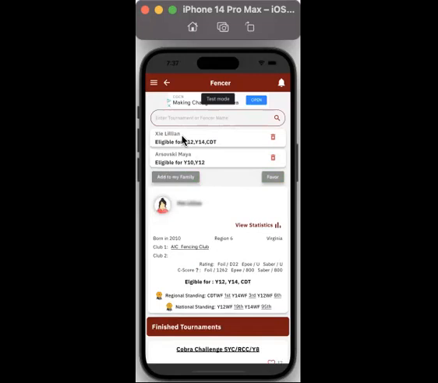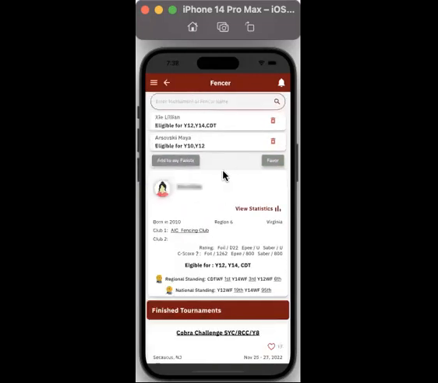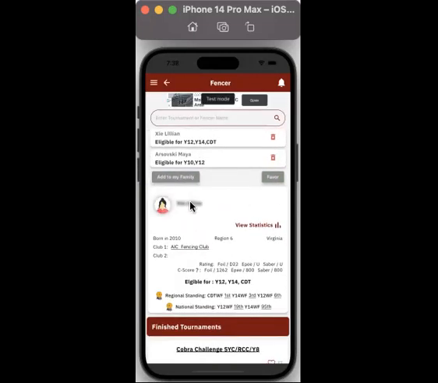And this is the family fencers I added for this demo account. And the good thing about having the fencers registered as a family member is you can use the club information the fencer has, like this AIC Fencing Club, that becomes my home club. So if I go to